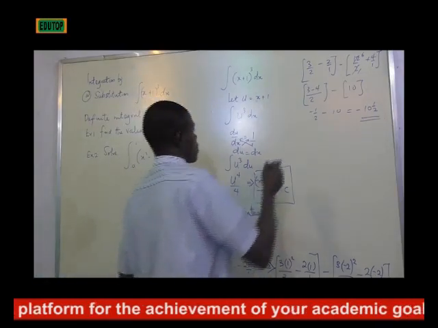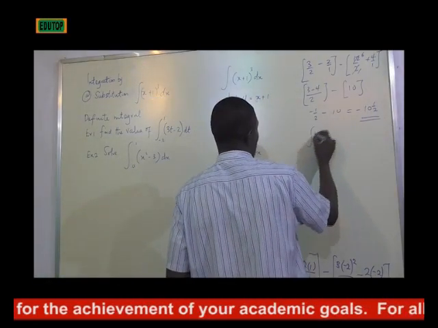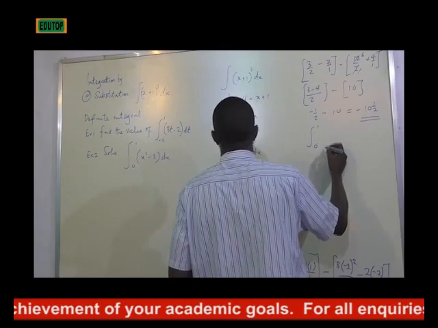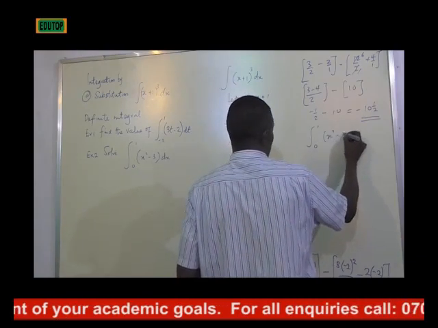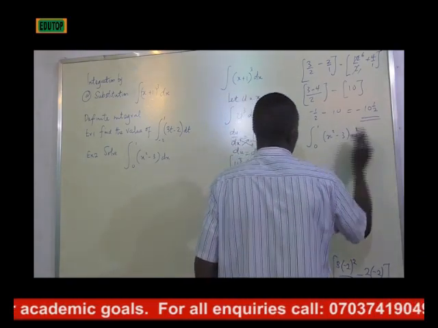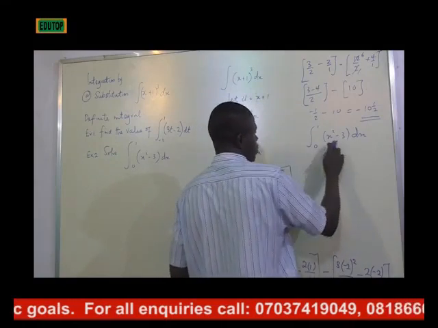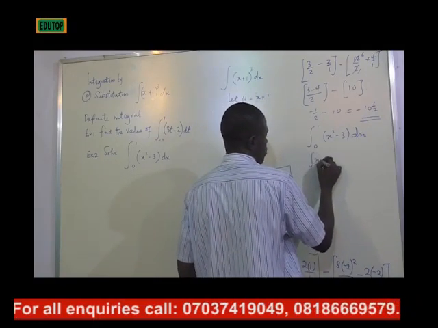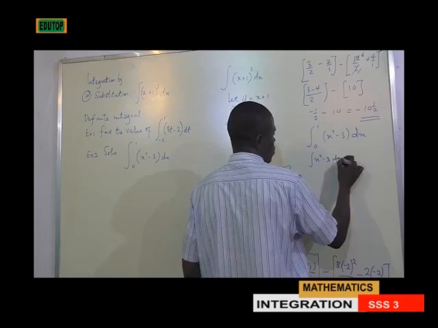Then example 2, we have to solve this. It's another case. We have the integral from 0 to 1 of (x squared minus 3) dx. So we integrate this. If you have to integrate x squared minus 3 dx, which is equal to